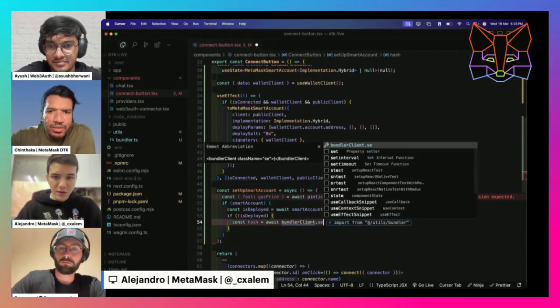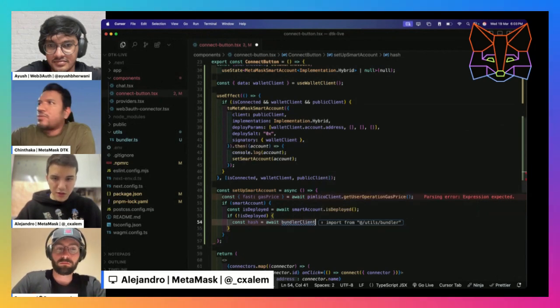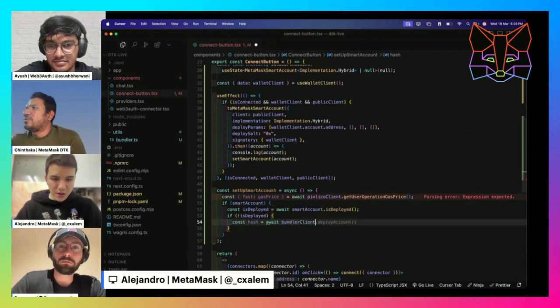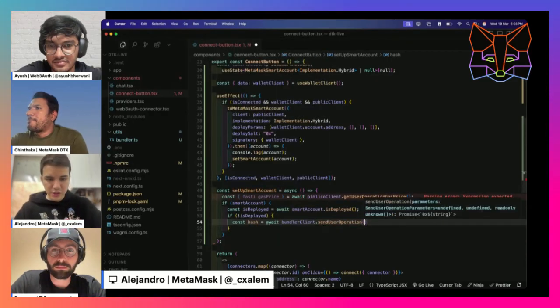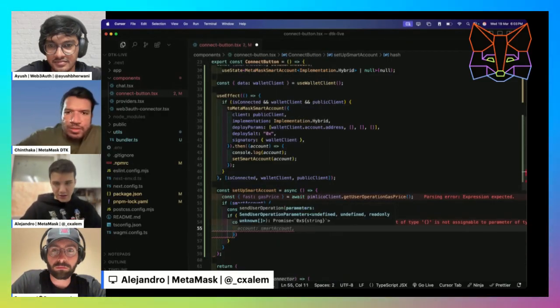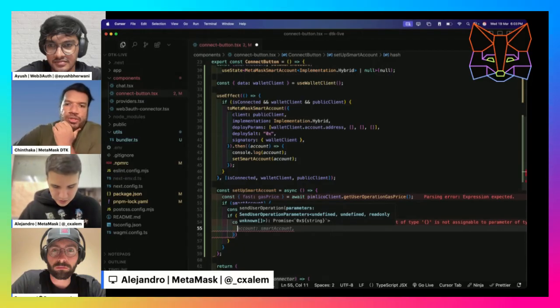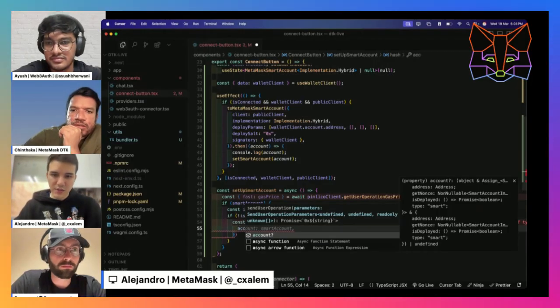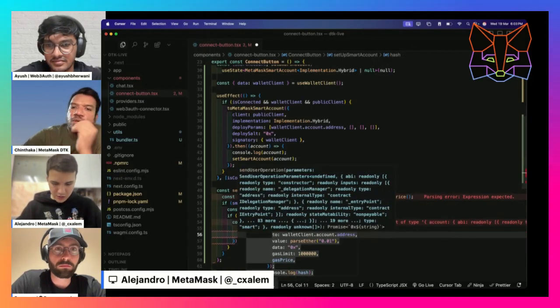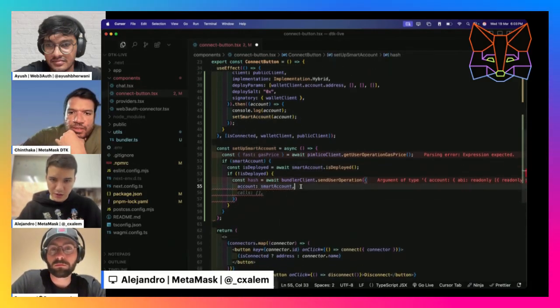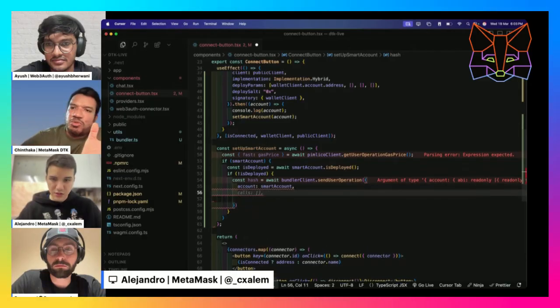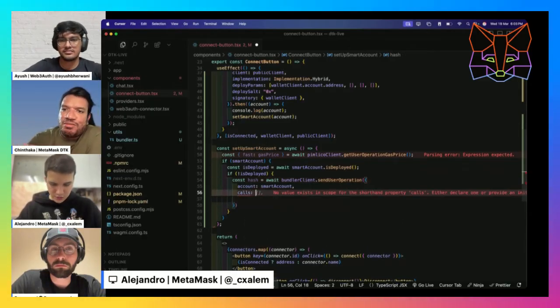That is send user operation, right? Bundler client. Yeah, the bundler client, that is send user operation. Here it is. And this is the one. So you are sending the user operation from your delegate account. And then you just need to have a dummy transaction, you can do any transaction, but